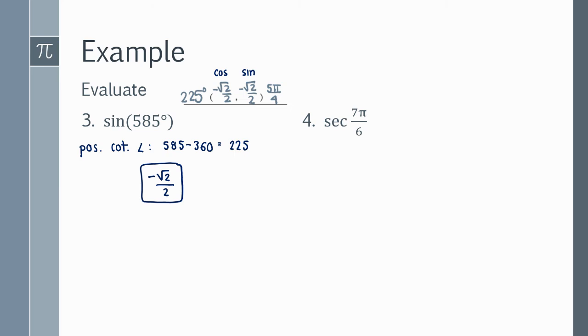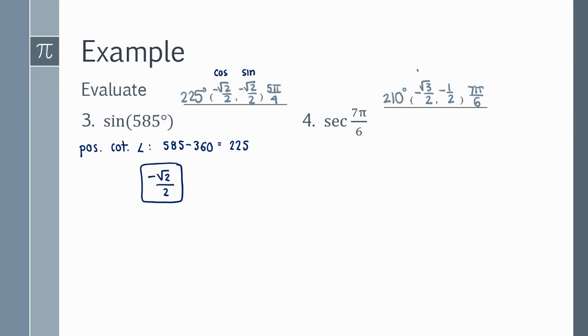Looking at the secant of 7 pi over 6, that value is actually already in my unit circle. If you're thinking about your picture, we've got your value for pi, which would technically be 6 pi over 6. This down here is 9 pi over 6, which is really 3 pi over 2 on your unit circle. But you're going to find that value of 7 pi over 6 here in the third quadrant. So when you find it in the third quadrant, you have the ordered pair, negative root 3 over 2,